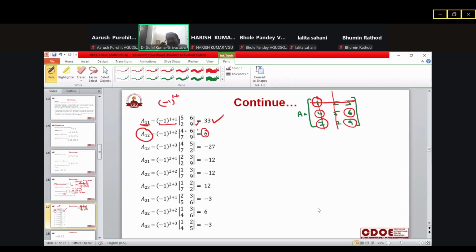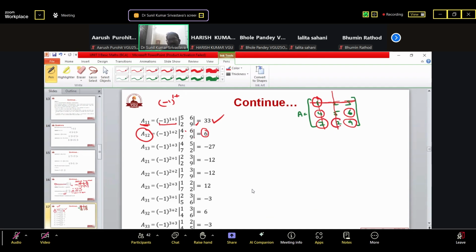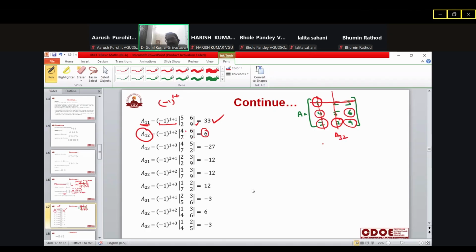इसी तरीके से किसी की भी वैल्यू आप निकाल सकते हैं। जैसे मान लो निकालना चाहते हैं इस एलिमेंट की, 2 वाले एलिमेंट की निकालना चाहते हैं। कौन सा है, 3 2 है। ये कौन सा एलिमेंट है, A32 है। A32 के लिए क्या करना, minus 1 raised to power 3 plus 2। फिर हमें क्या देखना है, ये किस रो में और किस कॉलम में है, इसको हटा दीजिए ऐसे। बचा क्या, देखो ये 1 बच रहा है, ये 3 बच रहा है, ये 4 बच रहा है, और यहाँ पे ये 6 बच रहा है। देखो यहाँ पे आ गया 1, 3, 4, 6।